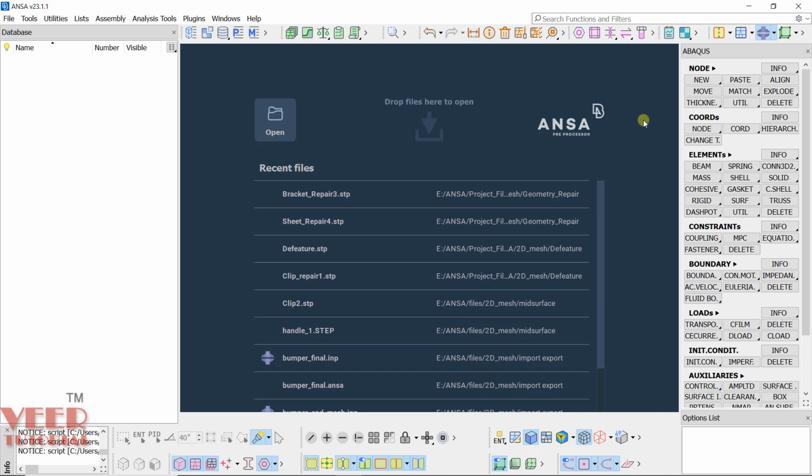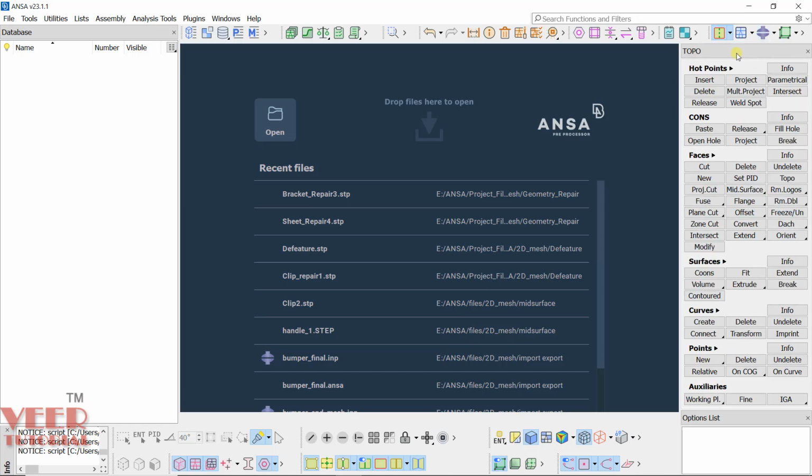So if you go to ANSA and go to this topo option, I will select classic view from here, classic topo. Here you can see there are multiple commands to change or edit the geometry. For example, first we have the hot point, after that we have cones, then there are commands in faces, and commands for creating or editing surfaces, curves and points.